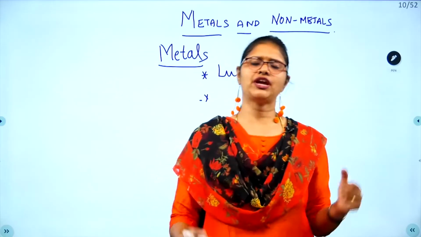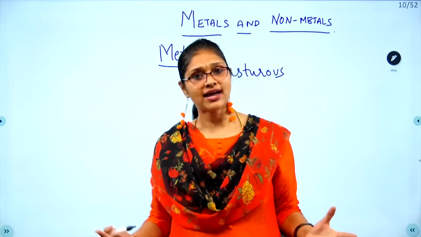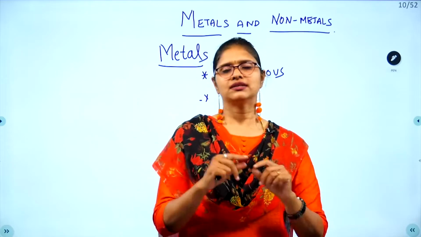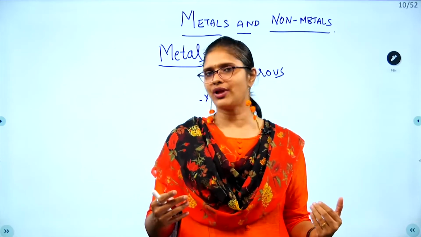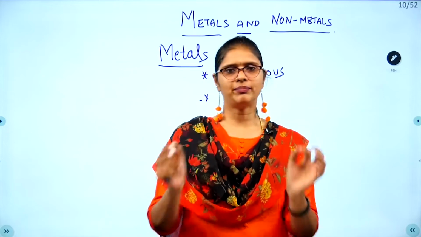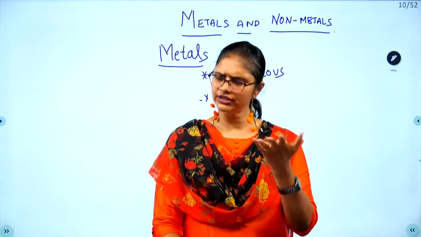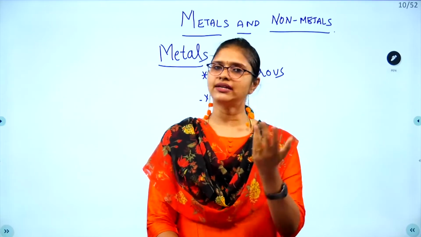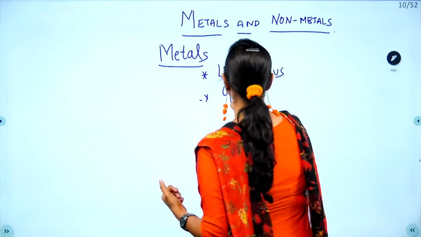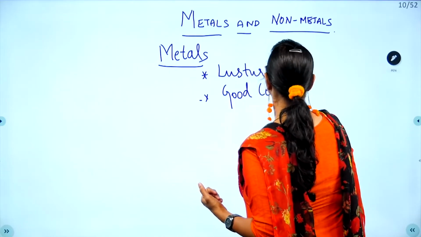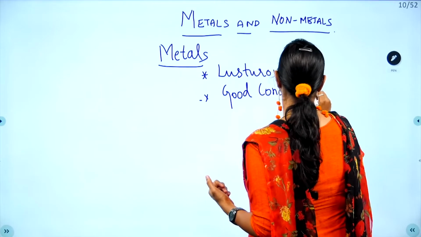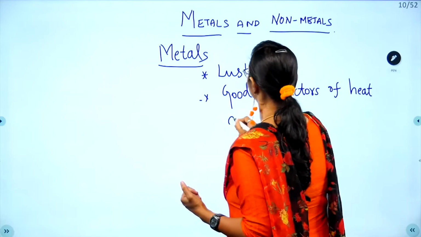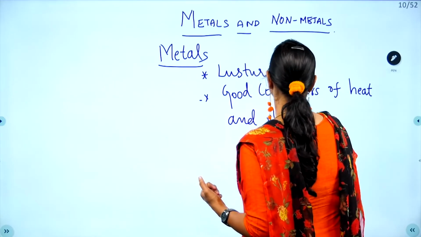And if you see, we enjoy electricity in terms of fan, light, am I right? So the fan, you would have seen the wires, different color wires you would have seen. Inside that wire you would have seen the copper, correct? Copper wire. So it is a metal, no? Copper is a metal. So they are good conductors of heat and electricity.